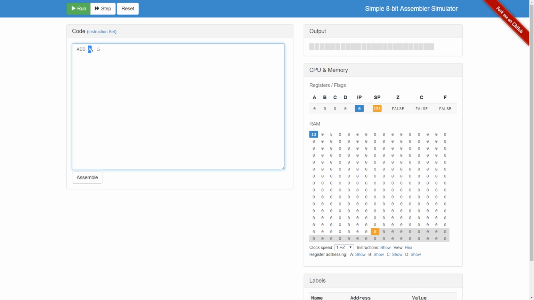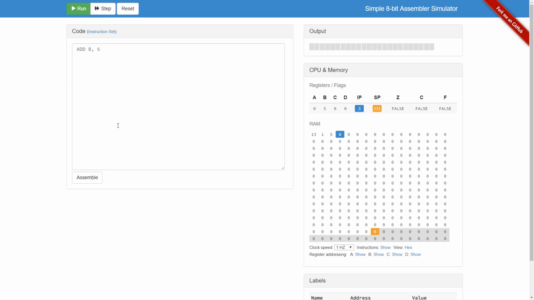Like if we change this to a B, which is the second register, we have a 13, 1, and 5. So what will happen when we run this is the CPU will look at the first bit of data, because that's where we are in the instruction pointer, which is actually code. It will pass that to the decoder and say, what is 13? The decoder will say, that is add. If we want to add something, we need the next two things. The next two things are then 1 and 5. Then into register 1, which is B, we'll add whatever is in 1 and put 5 there. So if we hit run,